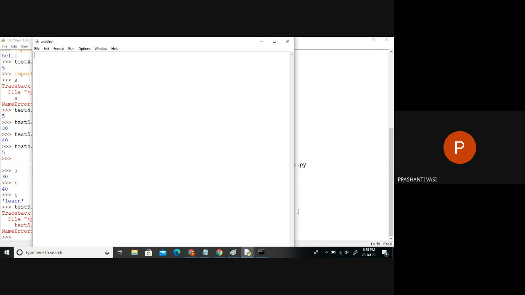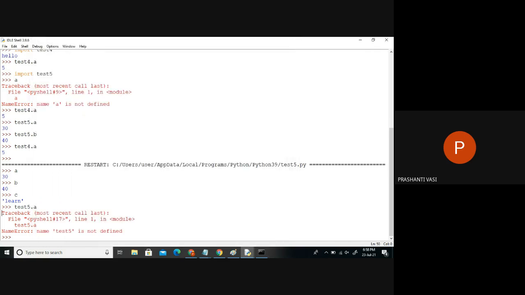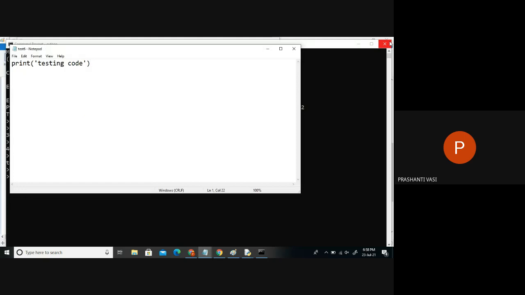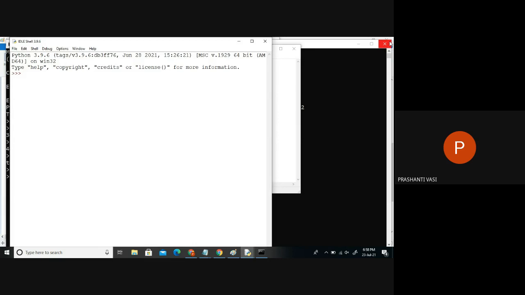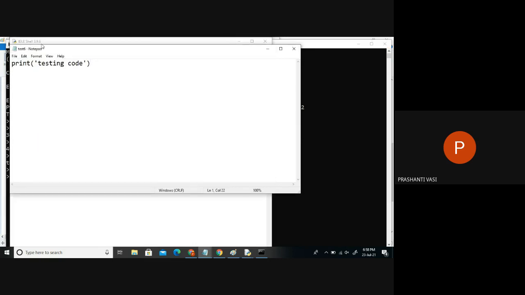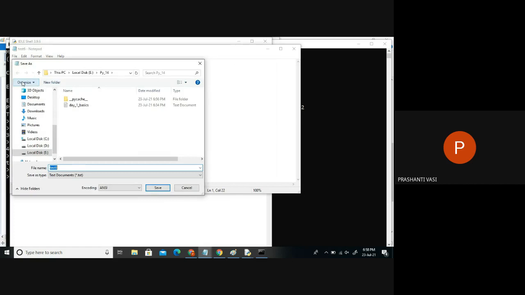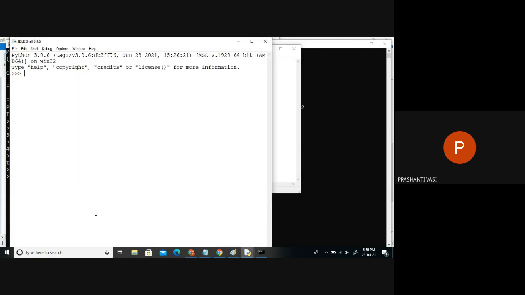All right. Now just think, I wanted to run that test6 file on this shell. How should I run that? Now I'm on the shell. Let me just open the shell again. This is the Python shell, and I want to run this code. The file name is what right now? Test6. Import test6. And where is it saved? That is important. Where is it saved? Python 14. Okay. So now, is the path the same? Is the shell opened in the same path?